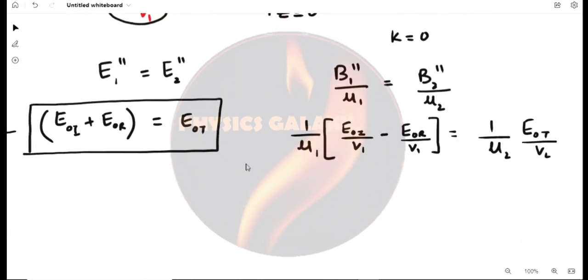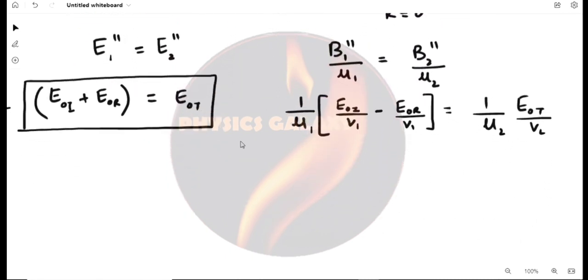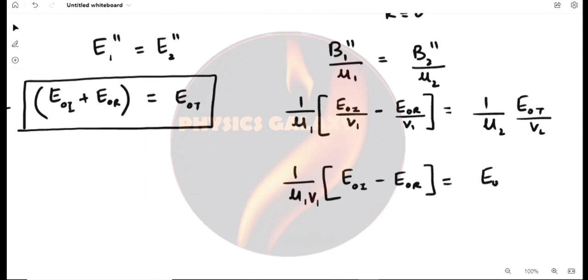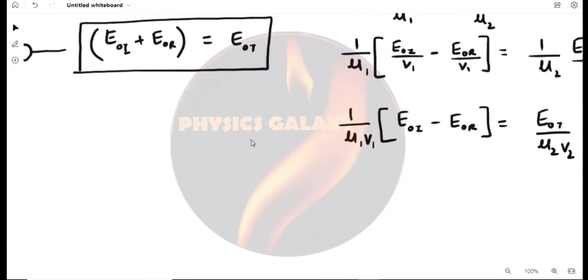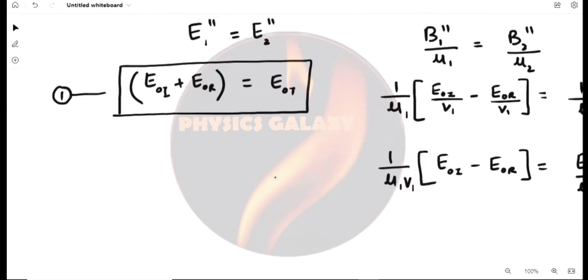So it will be 1 by mu1 V1, and then E naught I minus E naught R equals E naught T divided by mu2 V2. Okay, or I can write the two equations, the first equation and my second equation will be